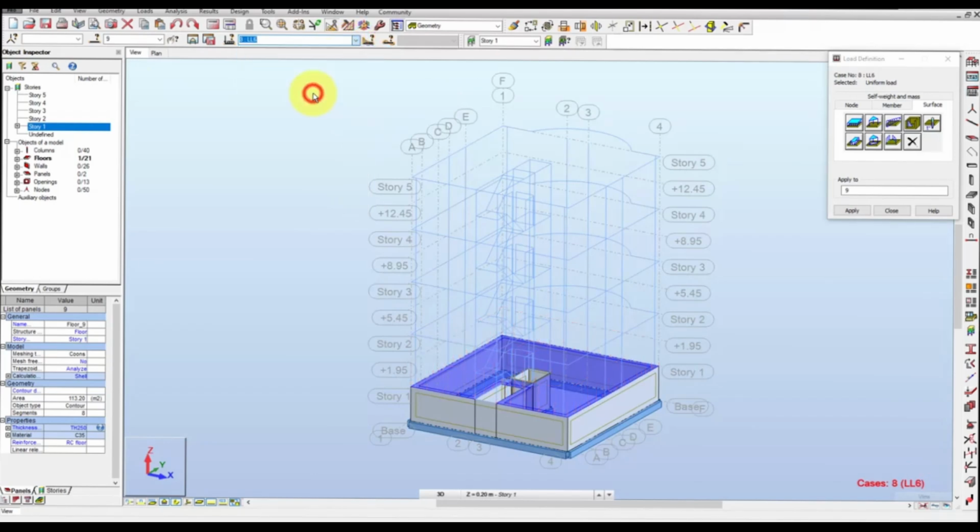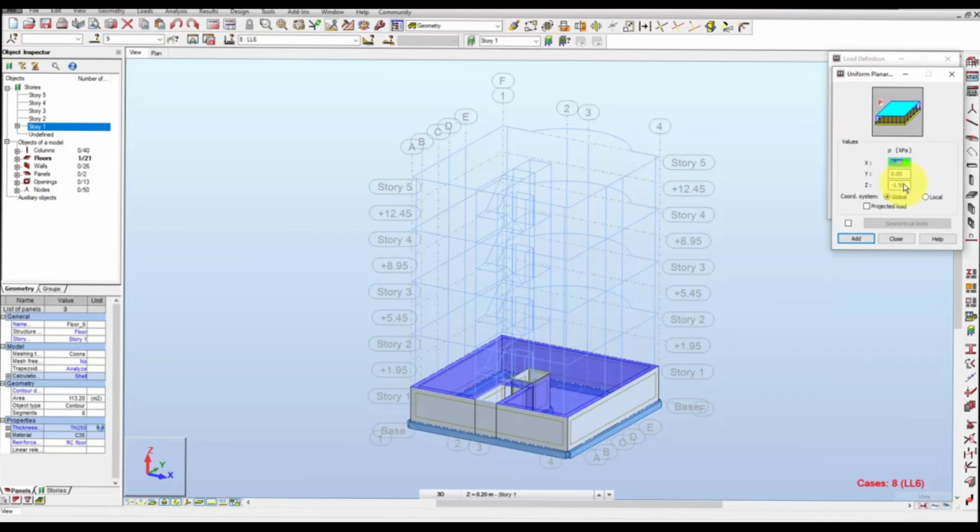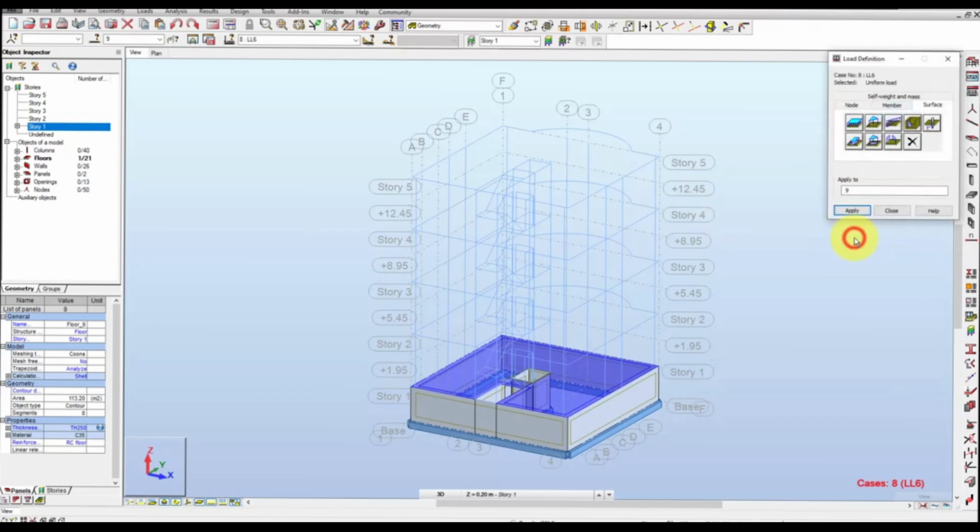In the Load Definitions dialog, in the Surface tab, select Uniform Planar Load. This displays the Uniform Planar Load dialog. In the Values group, set the Z value to -2. Select Projected Load. Click Add. This closes the dialog. In the Definition dialog, if the Apply To field already has an active selection, delete the